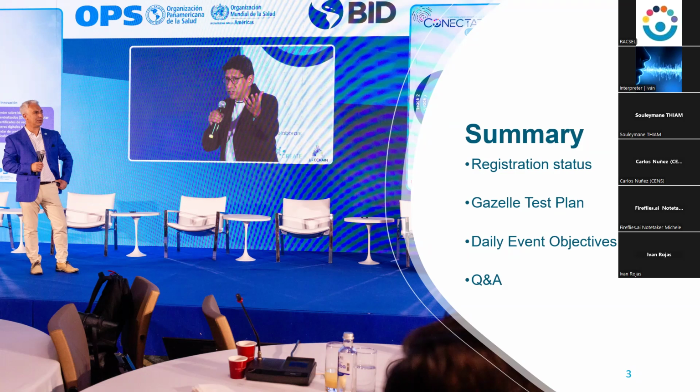But probably you will have some task to do, but we will discuss it when I talk about the test plan. After that, we will discuss the daily event objective because we have 3 days of testing. We will guide you and tell you which test to start during the first day, how many tests to do during the second day, and the last day also. The objective is to help you to execute all the tests before the end of the event. At the end of the presentation, we'll open the question and answer. So if you have any question, please feel free to ask.